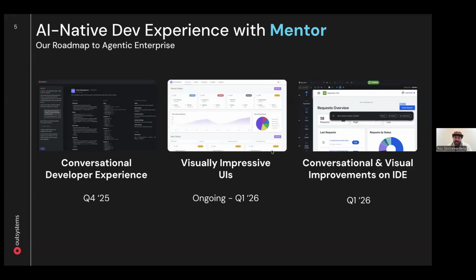And then within the first and second quarter of the year, we will improve this generation of output by incorporating UI/UX from public designs or other design tools, and then even bring the conversational editing aspect to these applications further down the line to our development studio, basically the IDE that we provide to implement and deliver applications.